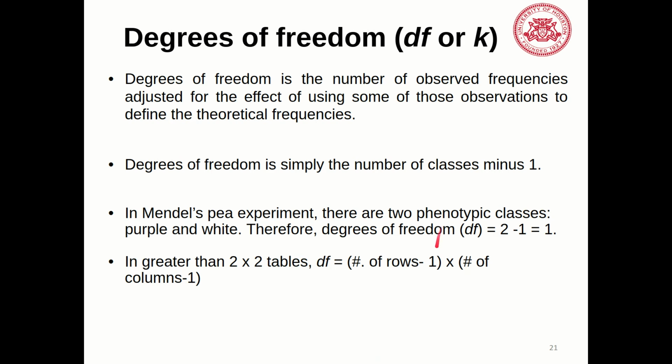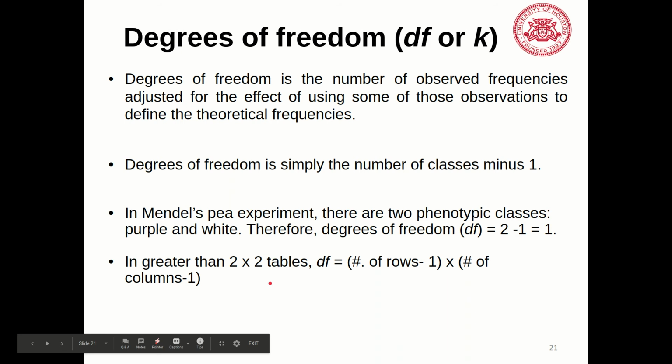All right, and when you do that, that tells you the size of your table. Your table has to be at least a 2 by 2, because the degrees of freedom is the number of rows minus 1 times the number of columns minus 1. Right? And that's all determined by the